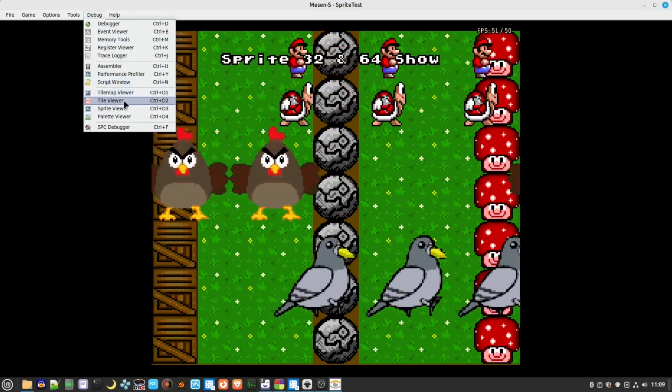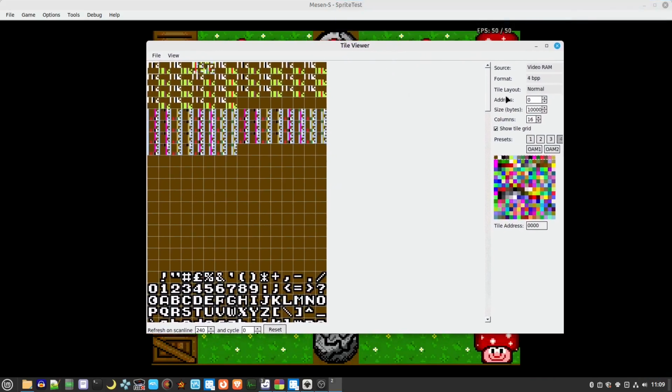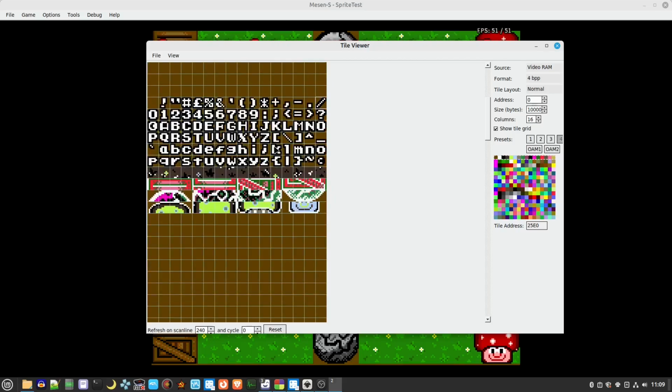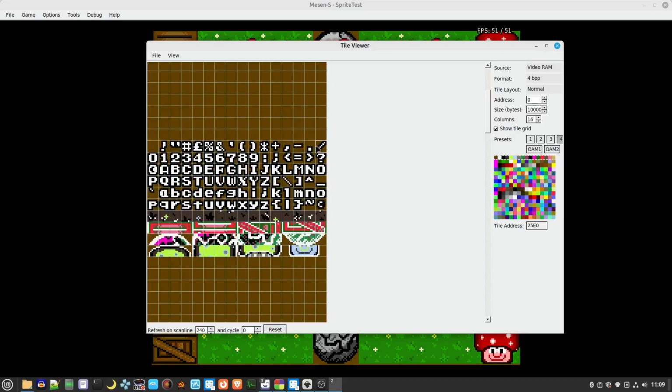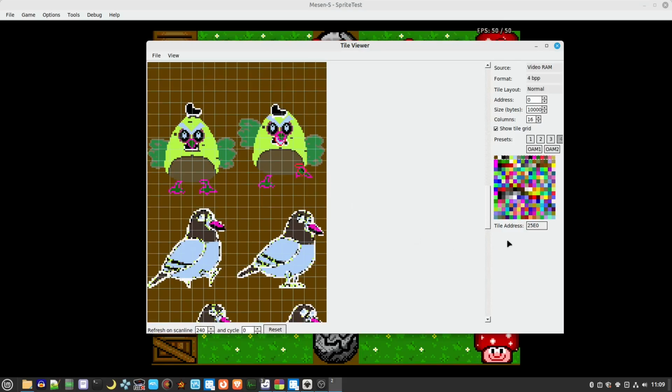So if we go into the tile viewer, now you'll see here that they've done all this. You've got a maximum of 16 tiles here. So this is a font set here. Everything's using 16 color mode, or rather 4 bits per pixel tiles. And then you'll see that there's 16 going across by 16 down. Now if we scroll down to our sprites here,